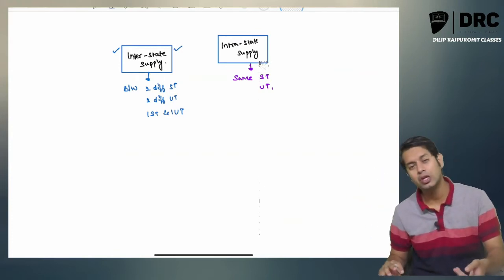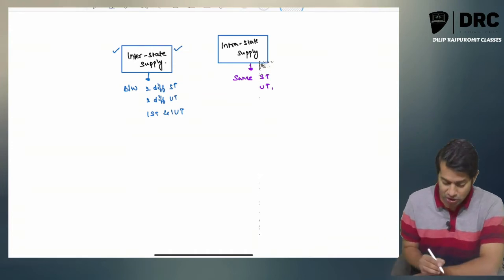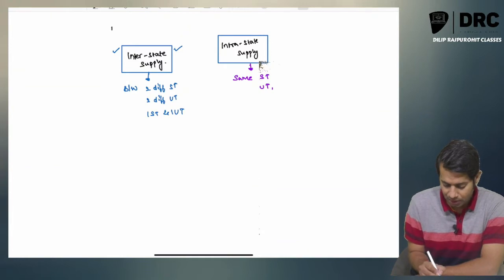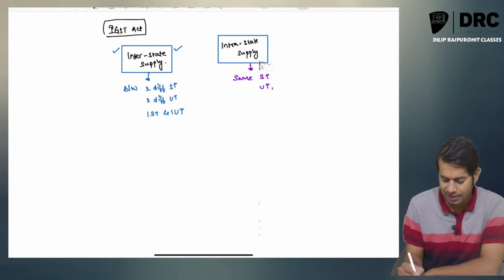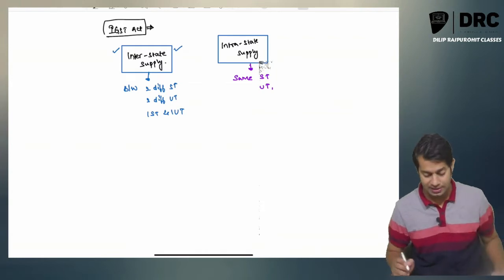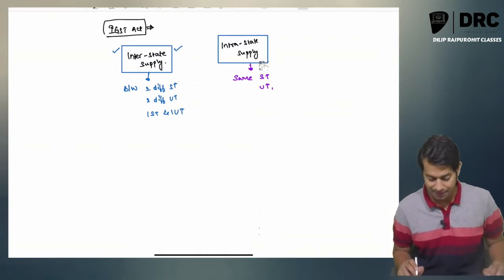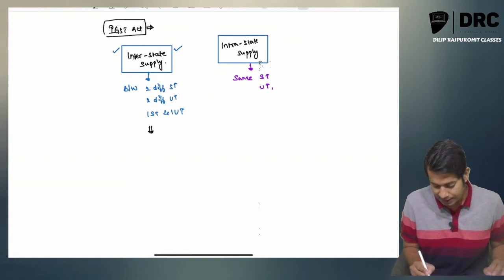But what is the actual definition telling? The definition of inter and intrastate supply is given in your IGST law. It is given where, sir? It is given in the IGST Act. And what does it say? IGST law 2017 gives the meaning of interstate supply and intrastate supply. It says interstate supply